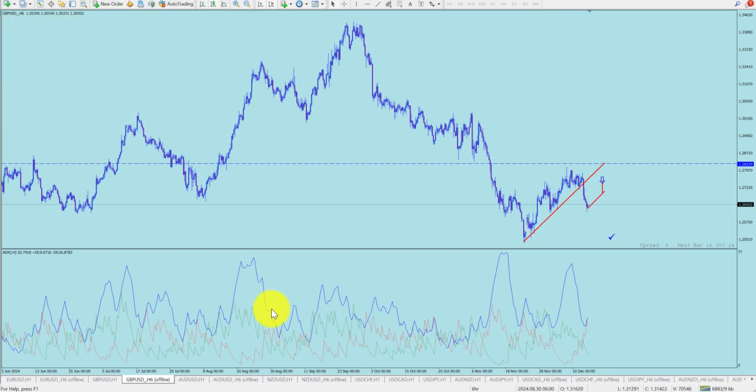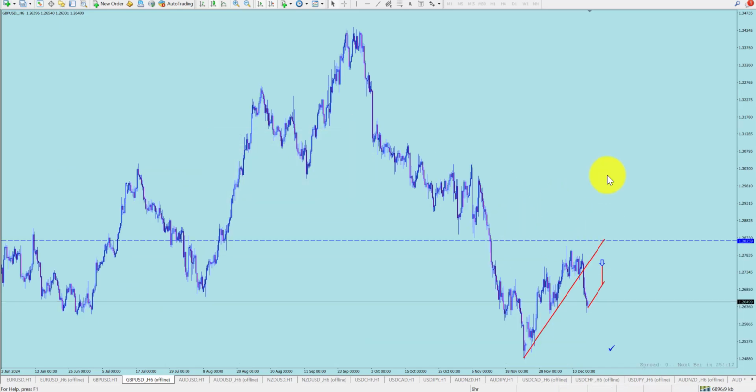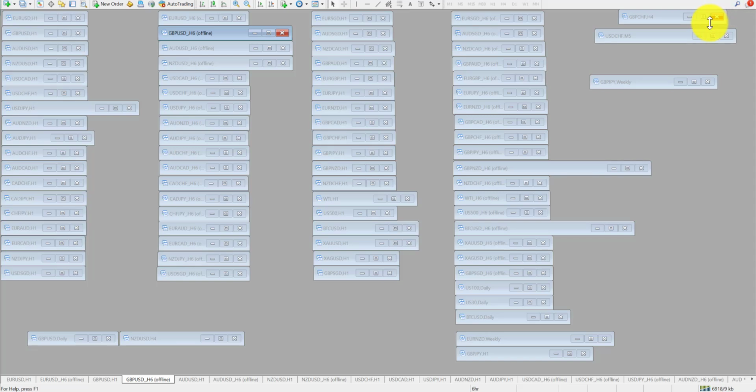Let me get rid of this. So normally a head and shoulders is like as the market tops out, like it was almost due for one here. It didn't give you a shoulder. It gave you a shoulder, head, and then you didn't get that last shoulder here. See? So yeah, you can see the ebbs and flows of the market if you pay attention to the open position ratios.